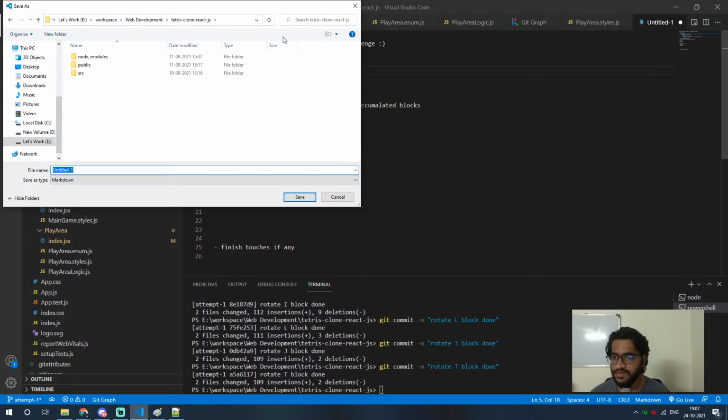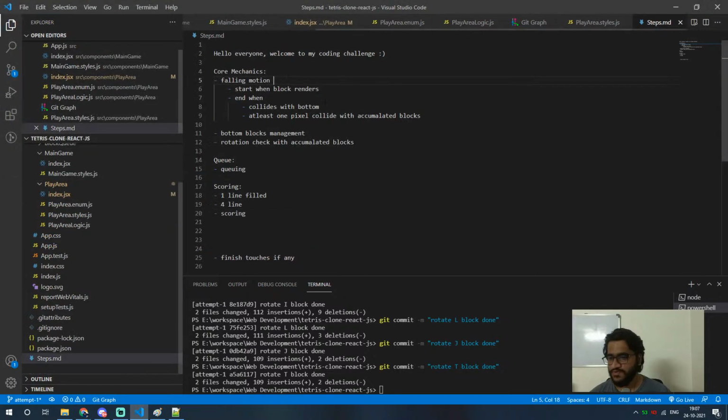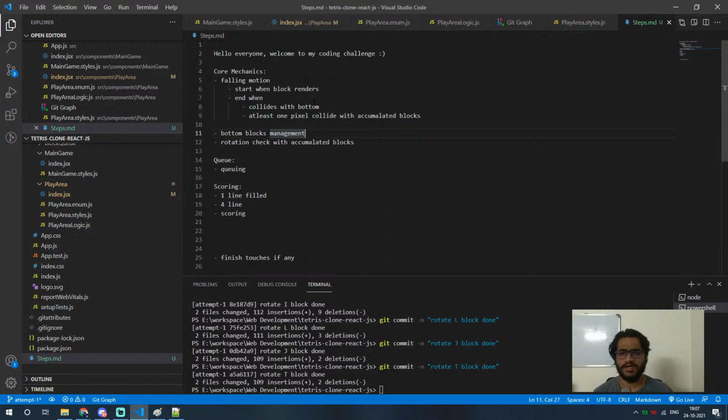What should I mark? What's marked down? Is it a readme file or GitHub? I think so. Anyways, steps. Let's just call it steps for now. Whatever. So now I think today we should work on at least completing the falling motion with